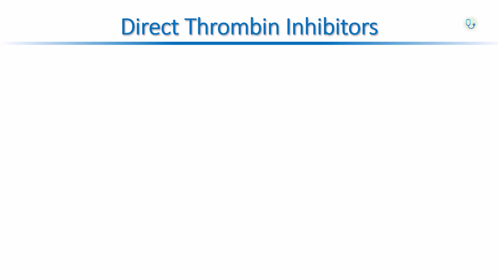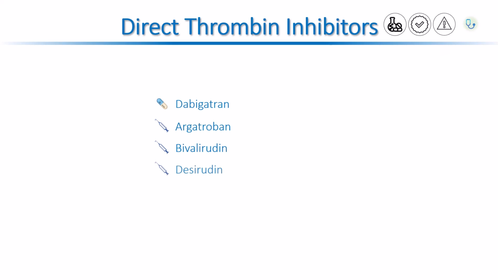In this video, I will discuss the pharmacological actions, clinical indications, and adverse effects of direct thrombin inhibitors. Direct thrombin inhibitors include dabigatran, argatroban, bivalirudin, desirudin and lepirudin. These are anticoagulants that work by interfering with the normal function of thrombin, which is involved in the coagulation cascade or